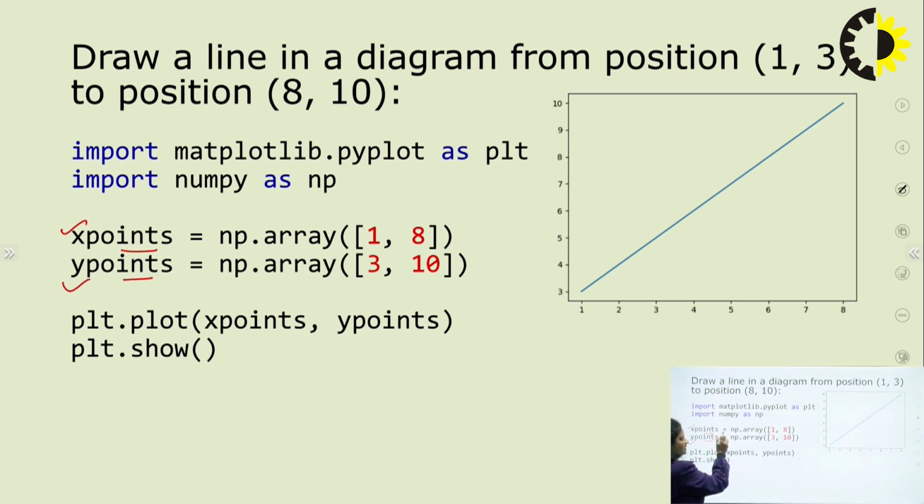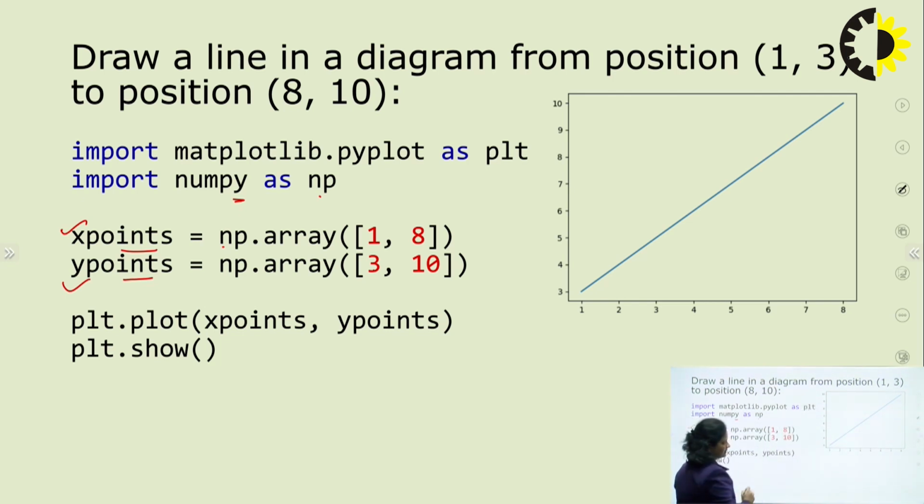X point is equal to np.array. We are going to use an array, so we have to import numpy as np, so np.array. In this array of x points, we are going to include the x points, that is 1 and 8. And in another array, y points, we are going to include another array which has the points 3 and 10. Okay, so these are the x points 1 and 8, and these are the y points